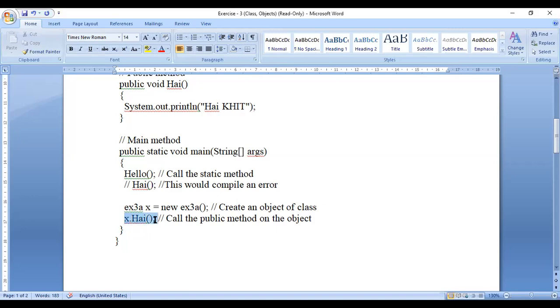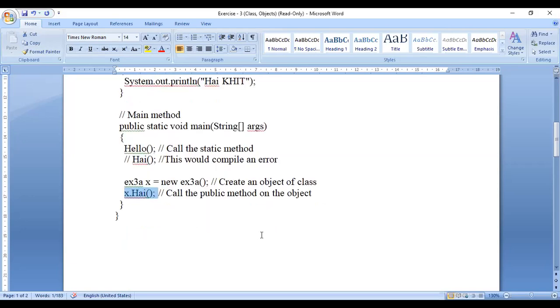Through this object, I can call the hi method. x is the object name, followed by dot and the method name hi, a call to this public method on the object x. So we get the output hello khit, hi khit.